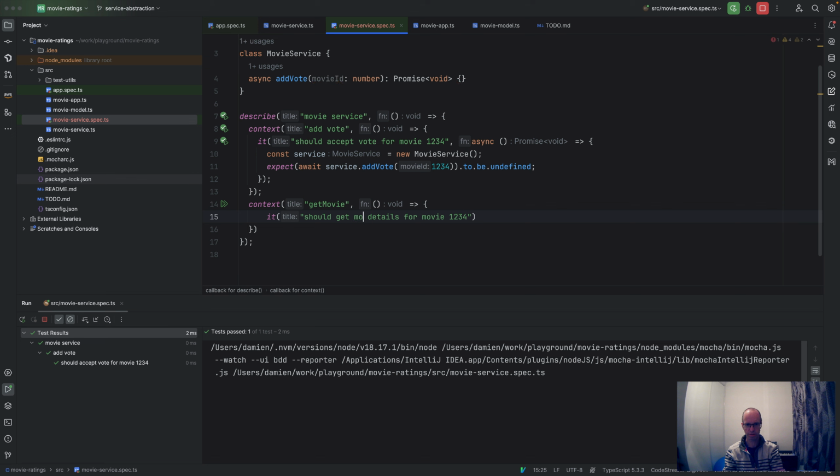But let's just put get details. Remove the duplication. That's going to be async,